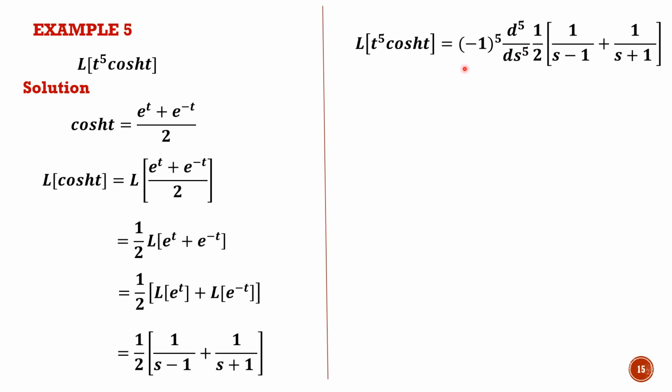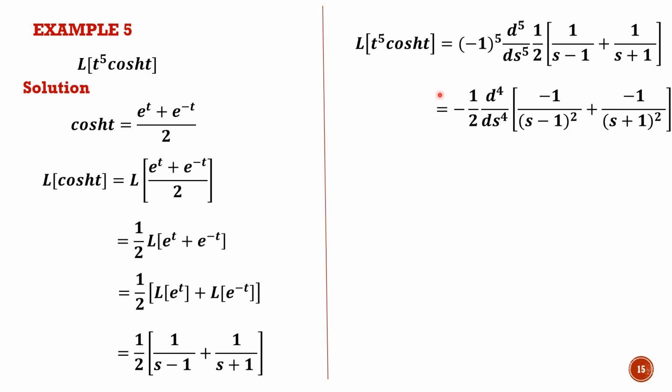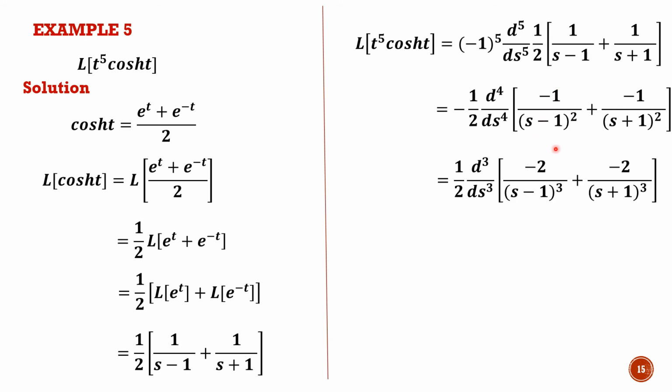So the first half is taken common, minus 1 raised to 5 will become minus 1, so minus half comes out. The first derivative, 1 by x derivative is minus 1 by x square. Similarly, this is the first derivative. Again differentiate 1 by x. So 1 by s minus 1 the whole square, take this term to the numerator, s minus 1 whole raised to minus 2, and then differentiate that. So we will get minus 2 s minus 1 whole raised to minus 3. That is minus 2 upon s minus 1 the whole cube.